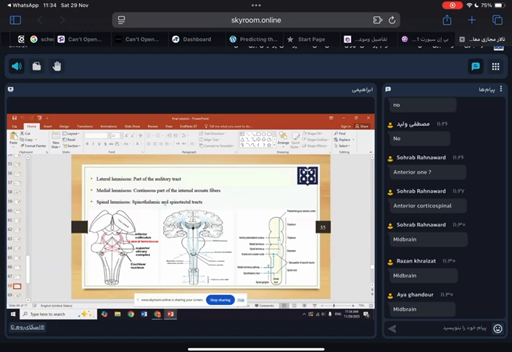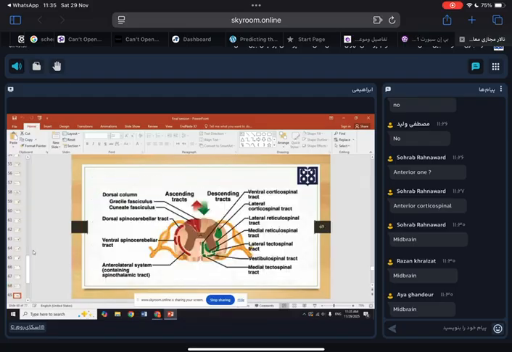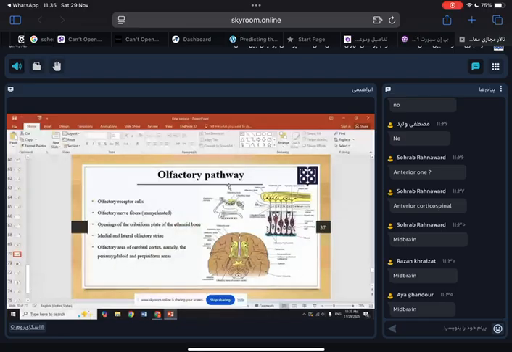These three tracts coming together and ascending as one lemniscus. We called it spinal lemniscus. They are passing from the brainstem to the upper part, and you are seeing again the summary and the pictures about that ascending and descending tract. So we go to